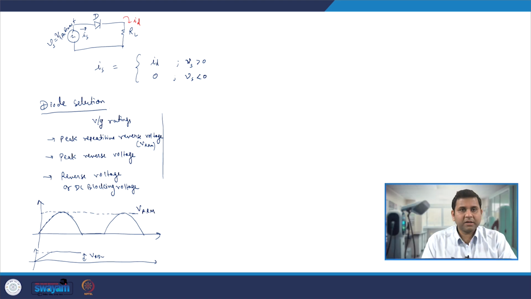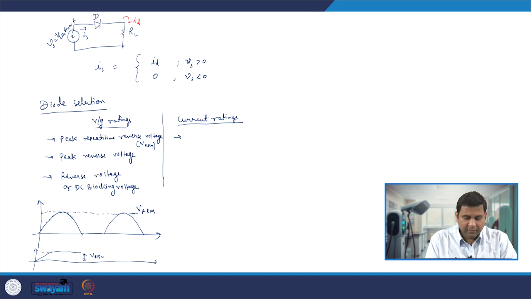Some voltages are given, sometimes some are not given. So the designer has to use good judgment on what voltage to take while choosing the diode. If it is used for a rectifier application, or an application where we have repetitive forward biasing and reverse biasing of the diode, then peak repetitive reverse voltage is the best thing to look at. While when the diode has to just block a DC voltage, that's when they can look at the reverse voltage or the DC blocking voltage. Similarly, you also have the current ratings of the diode. Different current ratings of this diode are there.